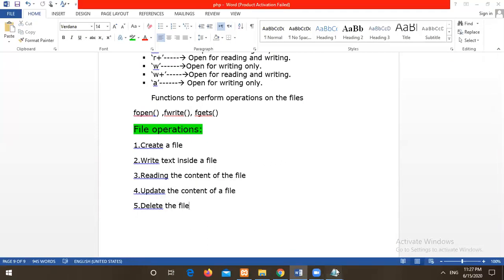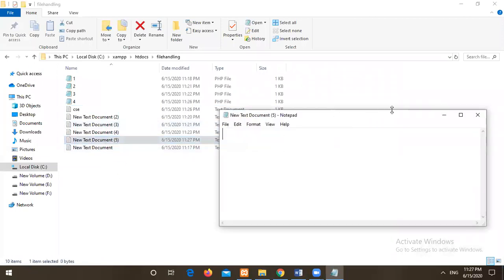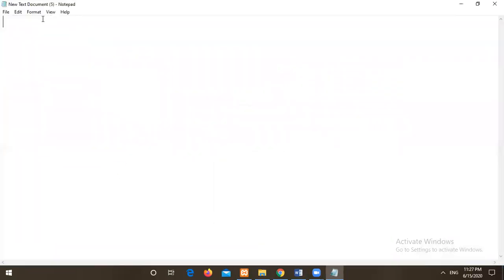Right. I will close these documents. Then I will go to the server location here. Here I will take one notepad. Here we will write the program how to delete a particular file from the computer or from the server location. Less than question mark PHP.